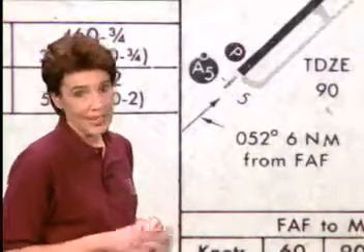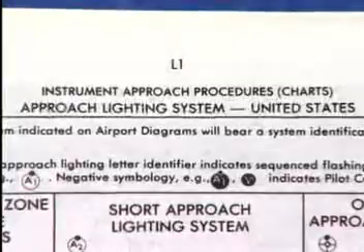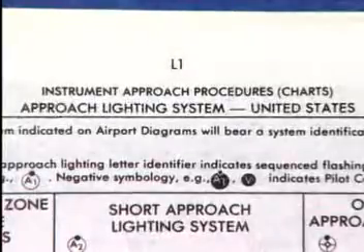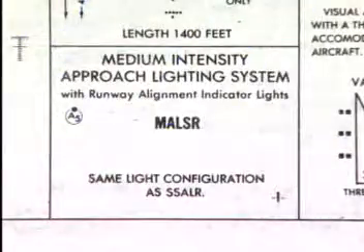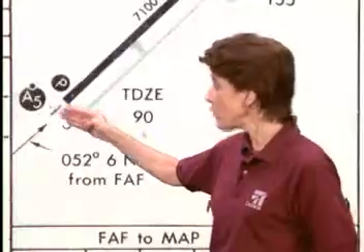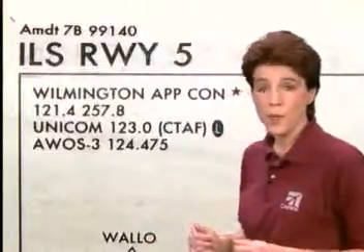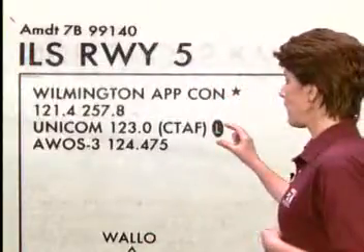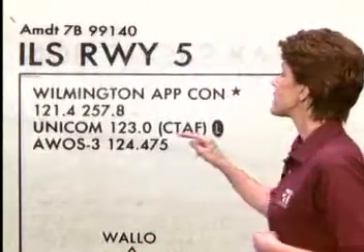And no, I didn't memorize that lighting information. I looked it up, just like you can, on page L1 in the front of the Terminal Procedures book. Because the approach light symbol is shown in white type in a black circle, you know the lights are controlled by you, the pilot. And as we discussed, the frequency you'll control them on is shown up here in the plan view with the white L in the black oval. It's the CTAF